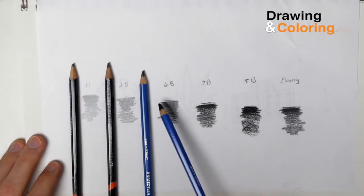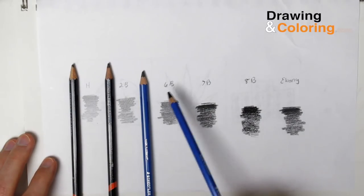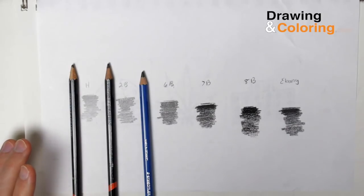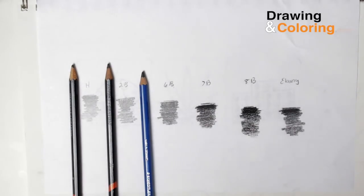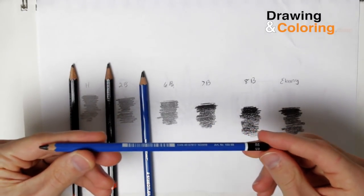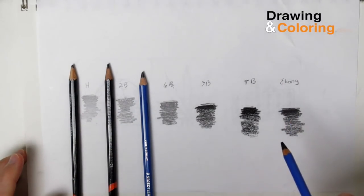So that one's going to be a little harder to blend together with the 2B. That's why I was saying if you stick with the 6B, you can have all of those darknesses and they'll blend together very well. The 7B will give you a good contrast, but it's really not that necessary at this point. And if you look at the 8B pencil, which is this one right here, it's actually even just